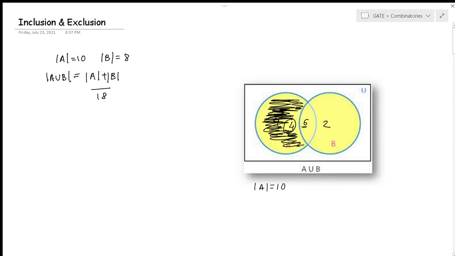Because the sole part which belongs to A consists of 4 elements, and the part which is in common with set B consists of 6 elements. Now if you ask again what is the cardinality of set B, the answer is 8, because these two belong separately to set B. They are not in common with anyone, they purely belong to set B. Now these 6 are the elements which belong to set B also.